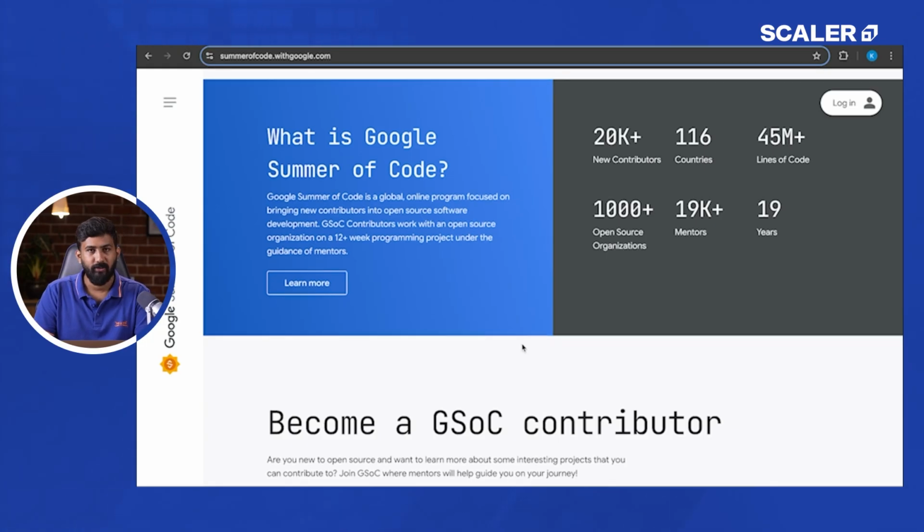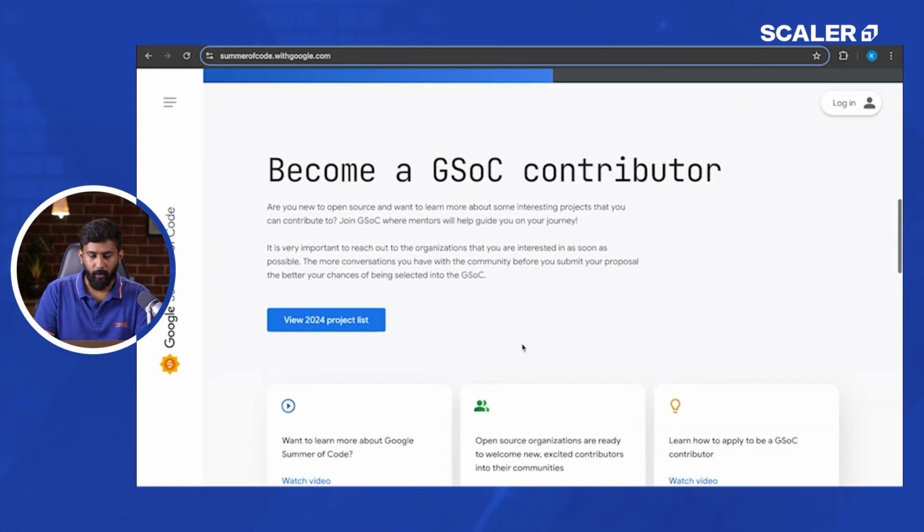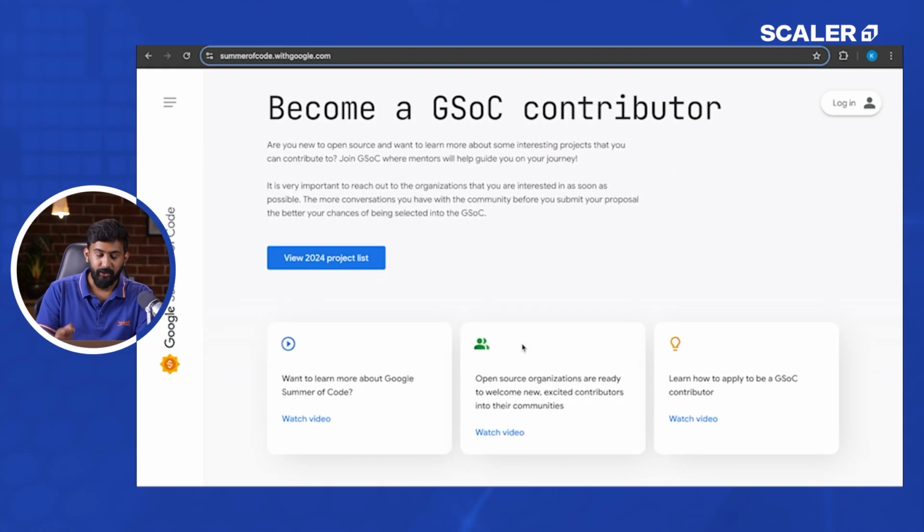Now, you already know what is GSoC, right? So I'm not going to go into that. Now, become a GSoC contributor. Are you new to open source and want to learn about some interesting projects that you can contribute to? Join GSoC, where mentors will guide you through this particular journey. It is very important to reach out to the organizations that you're interested in as soon as possible. The more conversations you have with the community before you submit your proposal, the better your chances of being selected